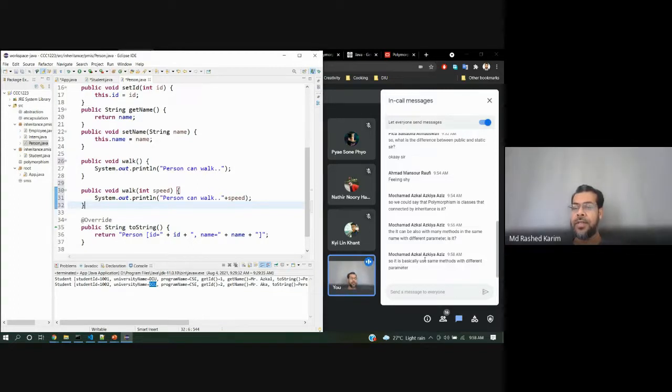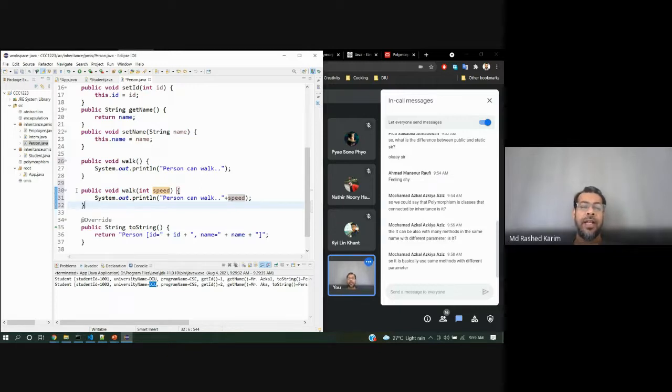So basically the same name methods with different parameters. Method overloading means the same name but with a different parameter set. That means it is uniquely identified which method will be called. If I call this method without parameters, you can call. If you call the same method with different parameters, you can call.